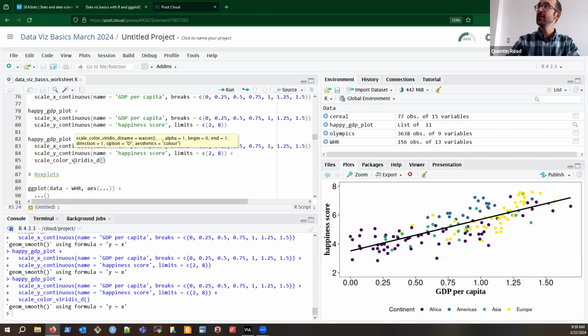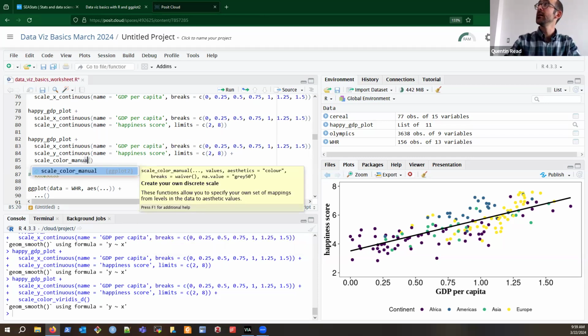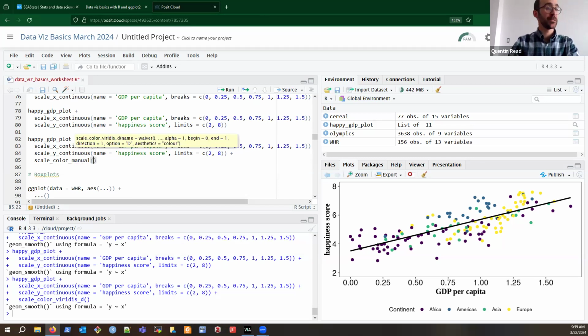But you can do scale_color_manual and specify any colors you want using the values argument. R has a lot of color names. You can look up a chart of them. Like we would say forest green,